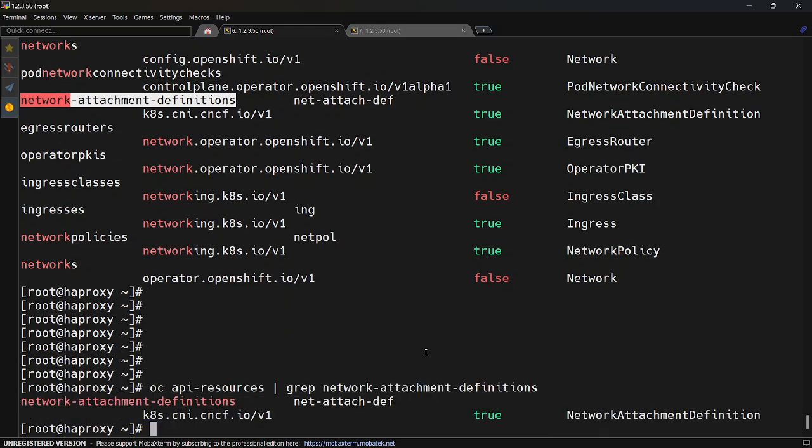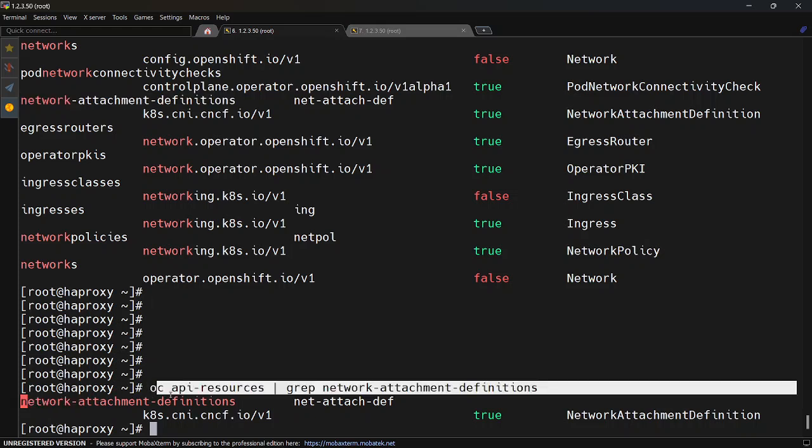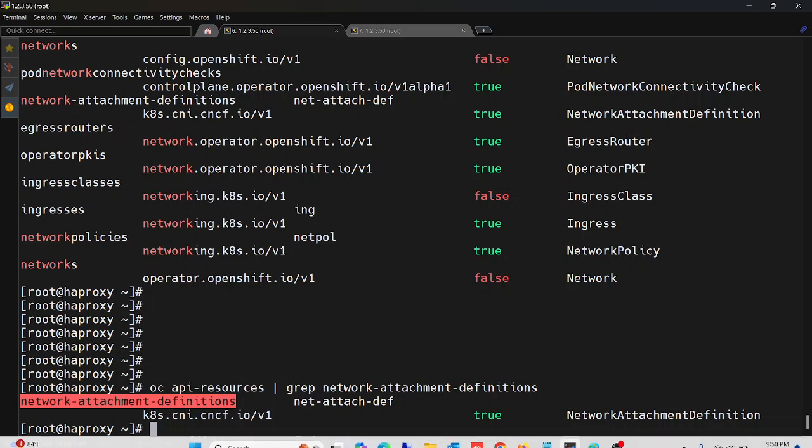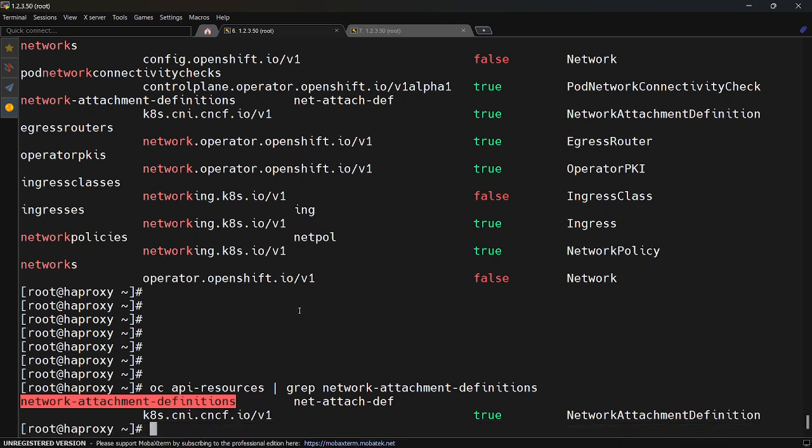It is not available by default in Kubernetes. So OpenShift designed this special network attachment definition resource that can help us to directly attach a pod with some physical interface available on any worker or master node, any node on the cluster, wherever we want to run